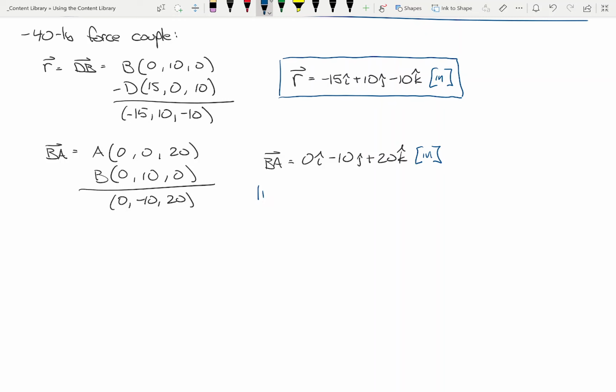Now what we need is the magnitude of BA. And unfortunately, this is a little bit of a mess because it's not a nice, pretty triangle. So it comes out to something like 22.361. Anybody else get that? Okay. And so lambda BA is